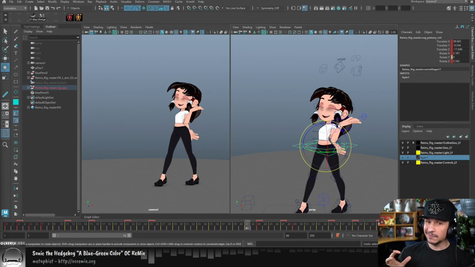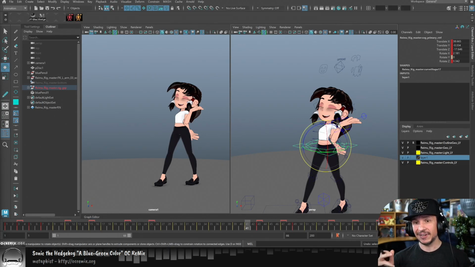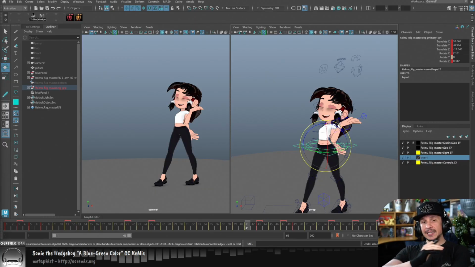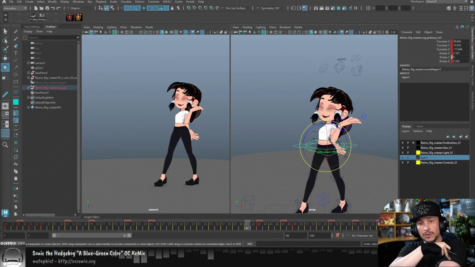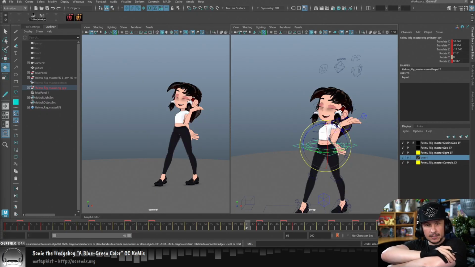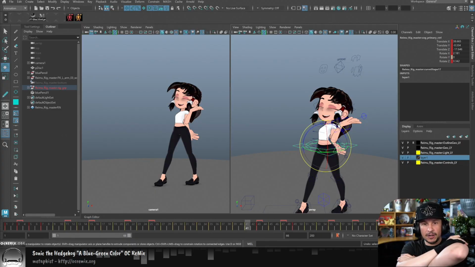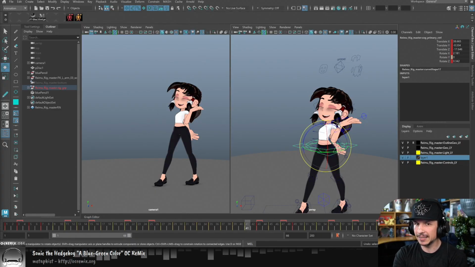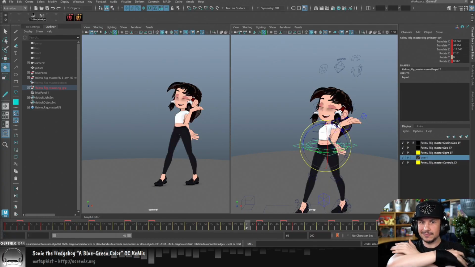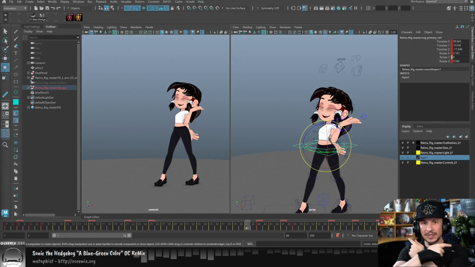Now, that might get you what you need. If it doesn't, what you would then need to do is constrain to the actual arm. So let's say I have the arm here, cross the hands, and regardless of what the hands are doing, I want this to follow along. That's a really complex constraint setup, mostly because they're kind of crossing each other, and you can have constraints fighting